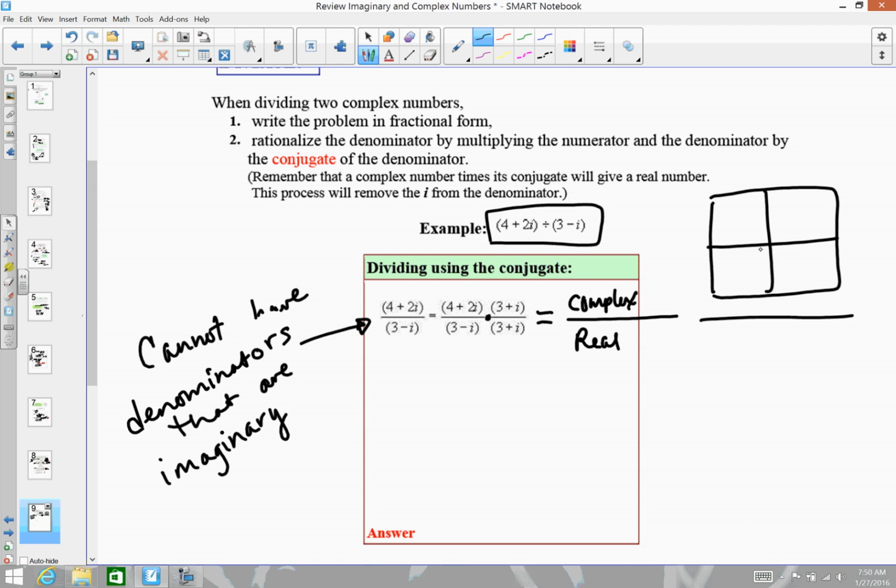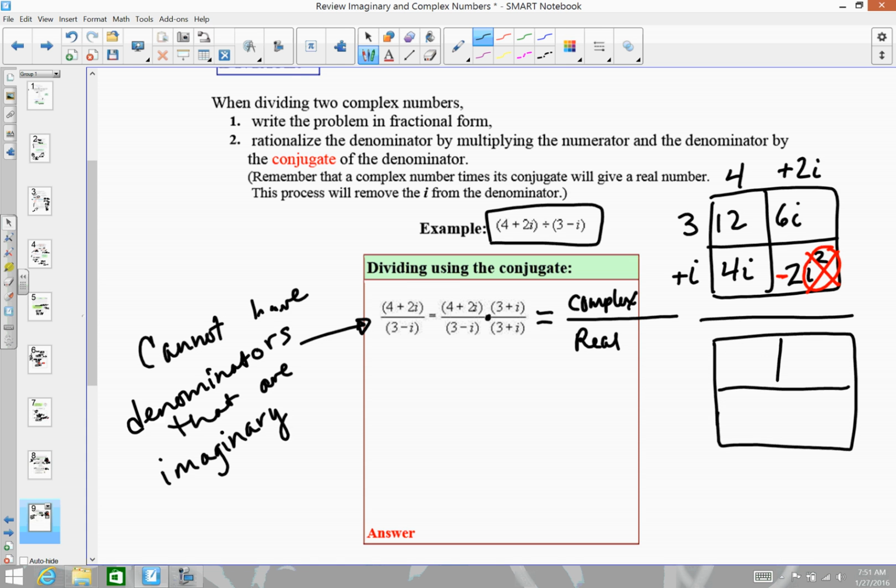I'm going to use the box and do 4 plus 2i multiplied by 3 plus i. I get my i squared term in there and I want to make sure I change that to a negative 1. So it's 2 times a negative 1 or a negative 2, which gives me a complex number. I'll put that together in a moment. My denominator,